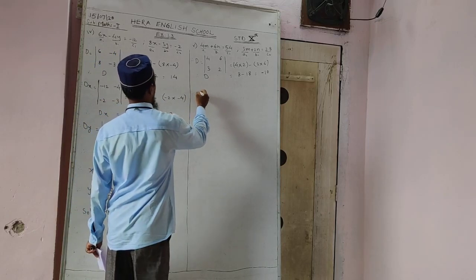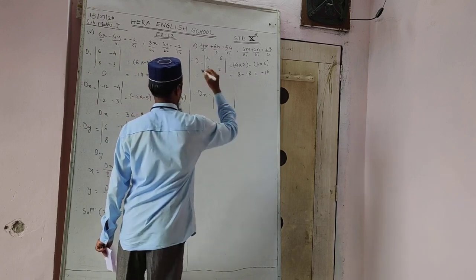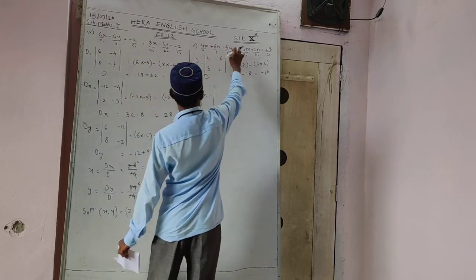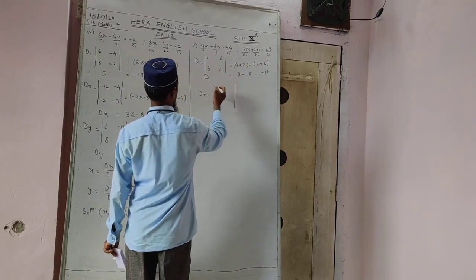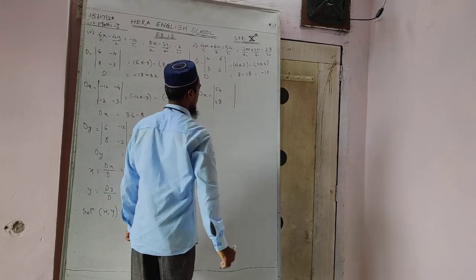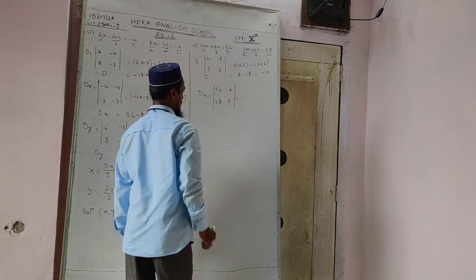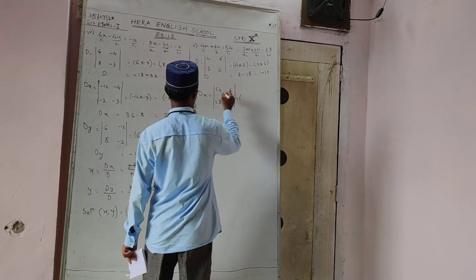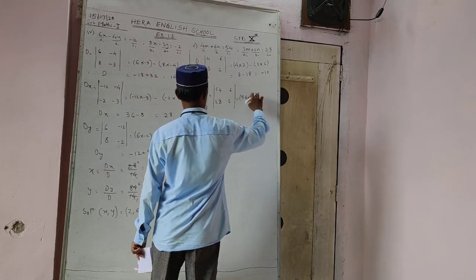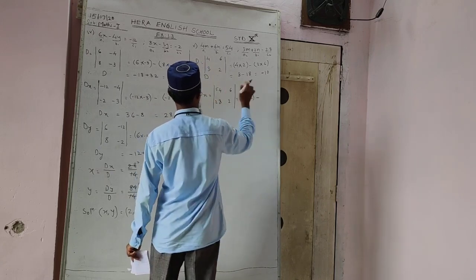Now to get the value of dx, we will not take the x values, meaning a1 and a2, which are 4 and 3. Here we keep 54 and 28, that is c1 and c2. Now we'll write b1 and b2, that is 6 and 2. Now take the cross multiplication: 54 into 2 minus 28 into 6.